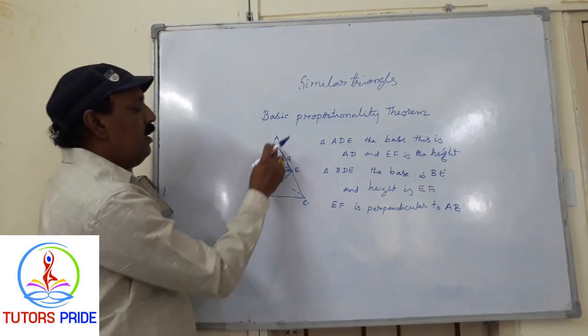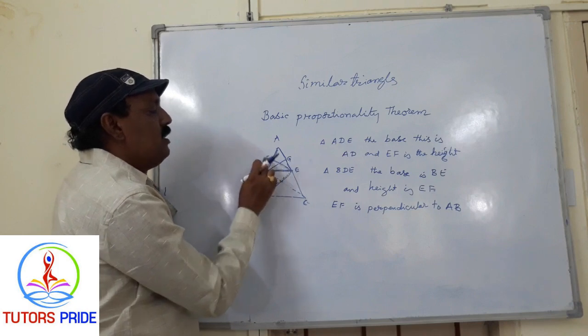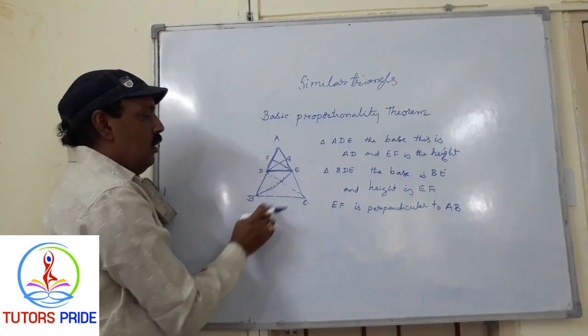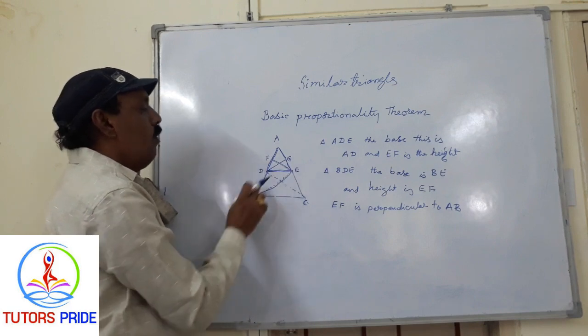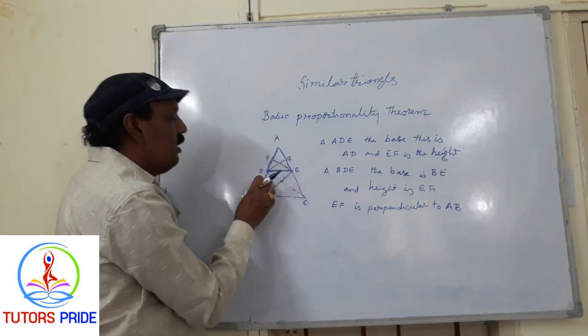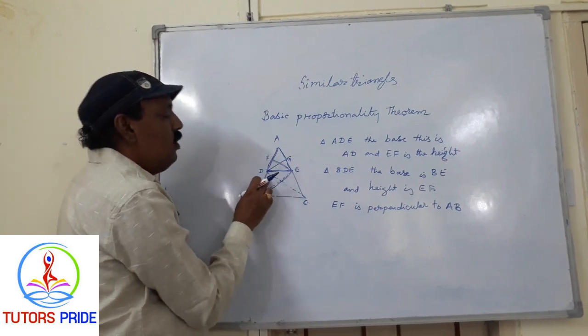If it were perpendicular only to AD, then EF would be the height only for the first triangle. But this EF is perpendicular to total AB, and hence EF is also the height for